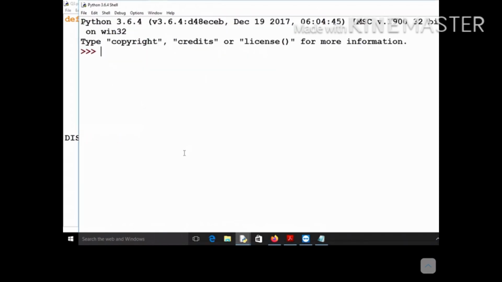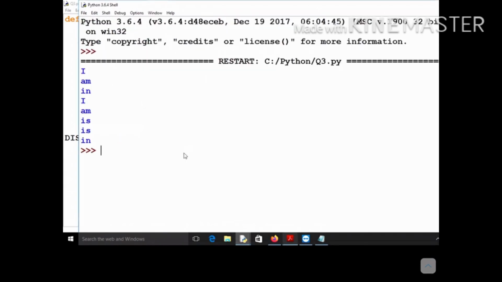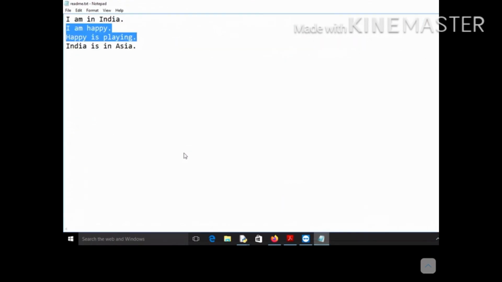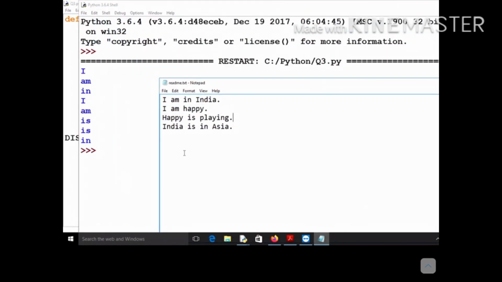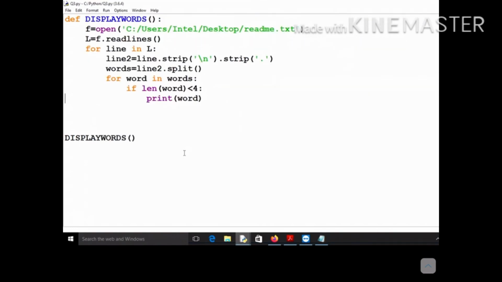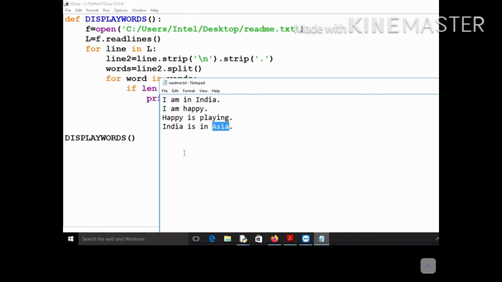So let's run this, and you can see that all those words which were less than 4 characters have been printed. You see that Asia should also have been printed. Why didn't it get printed? India is in Asia, so I think there is some problem.